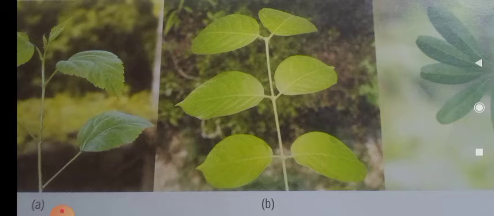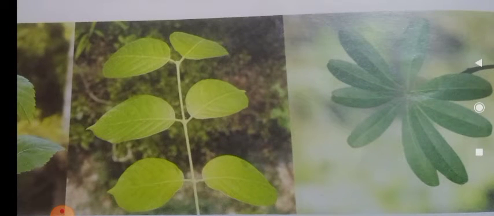And in the second picture, the leaves are arranged opposite to each other. Basil, guava, calotropis: in all these, the leaves are arranged opposite to each other. Then the next type is whorled. What is whorled? Whorled is a circular arrangement, and this type of arrangement is called whorled. You can see this in some ornamental plants.